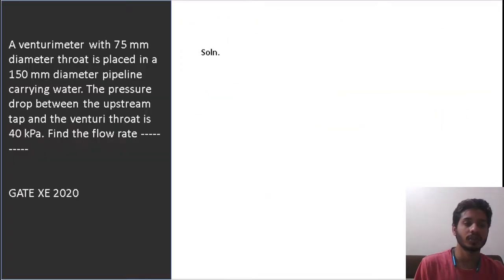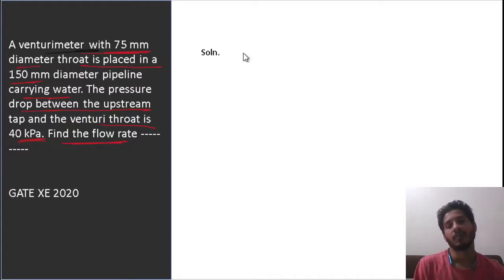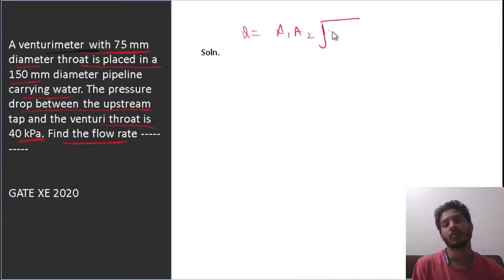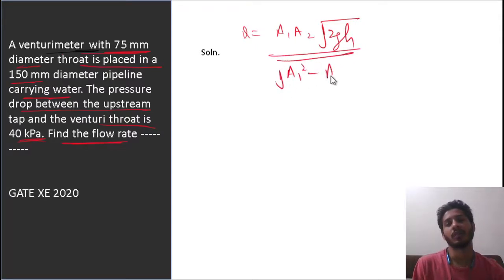Then the last question we have for today is on the venturimeter. A venturimeter with 75 mm diameter throat is placed in a 150 mm diameter pipeline carrying water. The pressure drop between the upstream and the throat is given. Find the flow rate. We have two methods to solve this question. One is to simply apply the formula Q = A1 A2 root of 2gH upon root of A1 square minus A2 square,